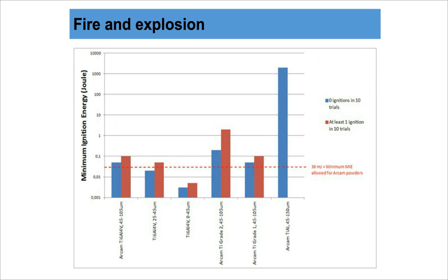And when we do this, as you could see, this is a fire and explosion minimum ignition test that shows, depending on the powder particle size, a very important result. When you look with titanium alumina, if you look on the side,